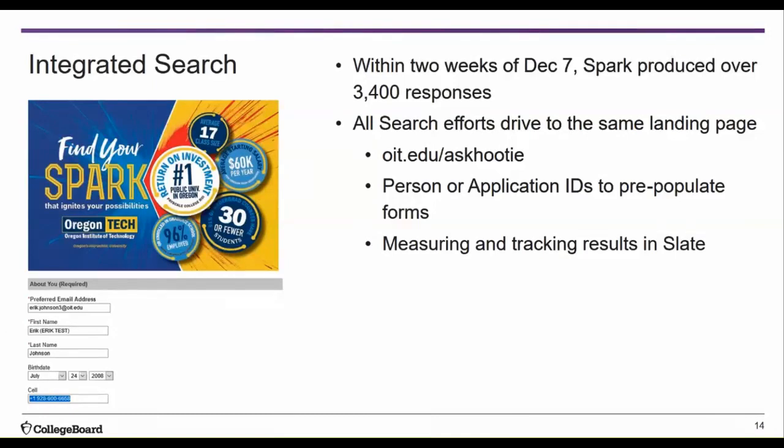From the first email and postcard to the landing page, the student is receiving consistent branding for the same call to action. And because we know how outdated unpre-populated forms are, we configure all landing pages with a person GUID ID to enhance submissions. We have 12 fields on the form, but we can pre-populate 10 of the required fields based upon the search order. Students can provide optional information, including opting parents in.